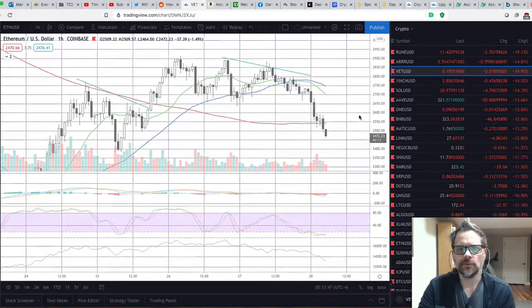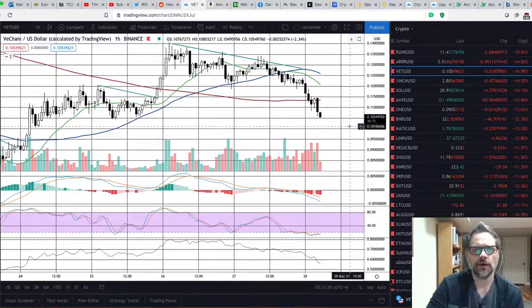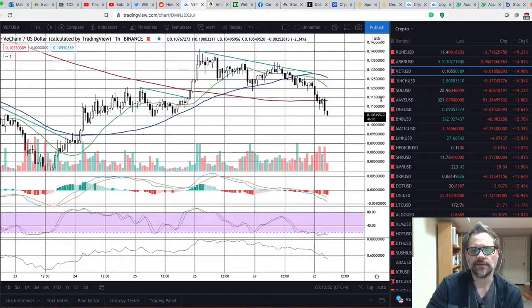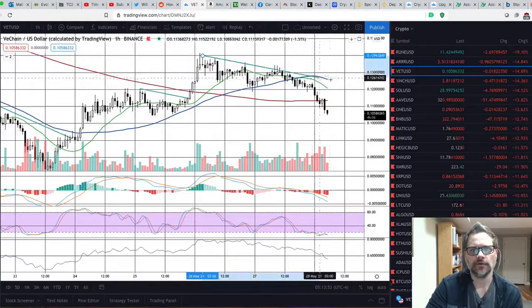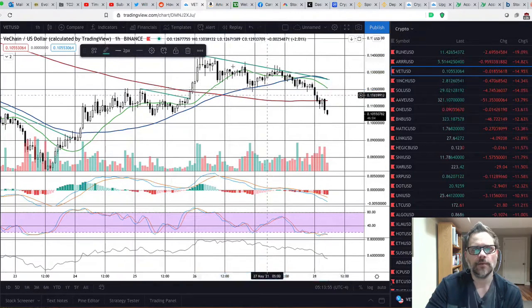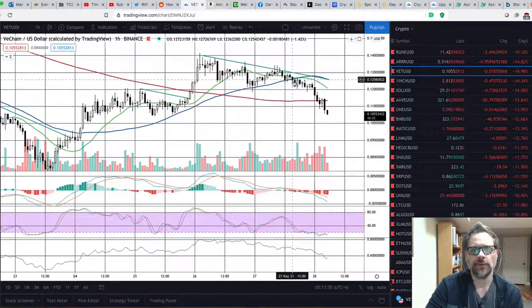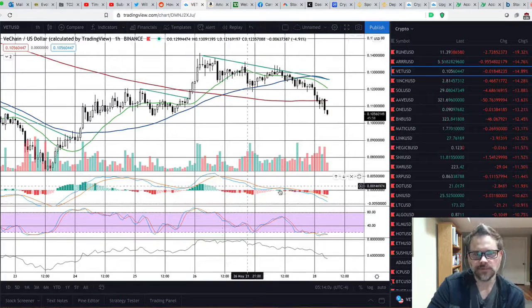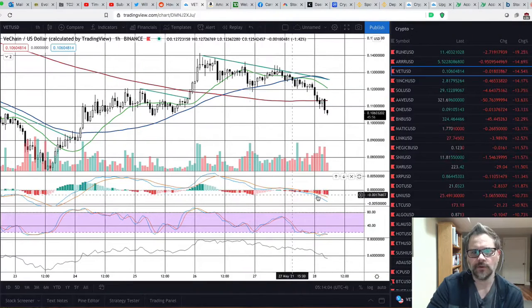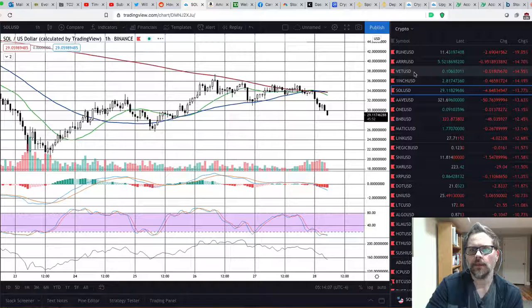There was a whole bunch of these that I drew arrows on as of last night. I didn't extend them this morning, but I noticed that the 50 was starting to break down, and there were lower highs here. And the momentum was looking bad, like this price percent oscillator was in this decline here. So ones that I was following were